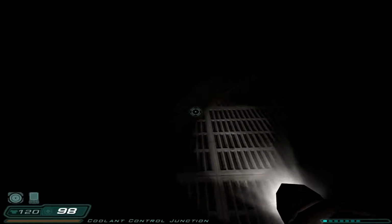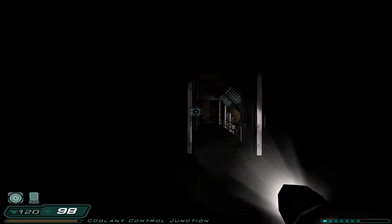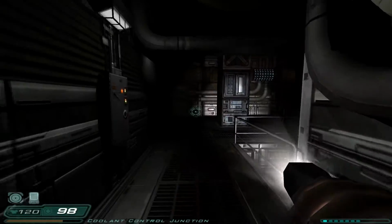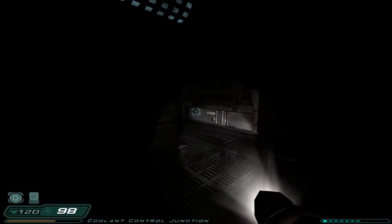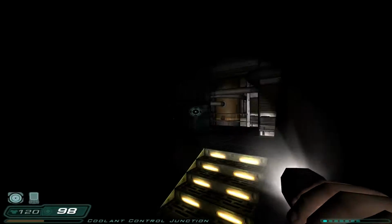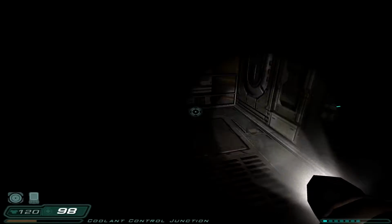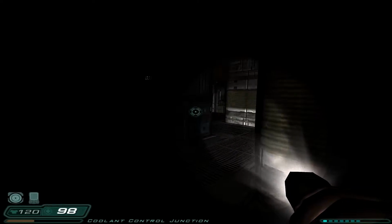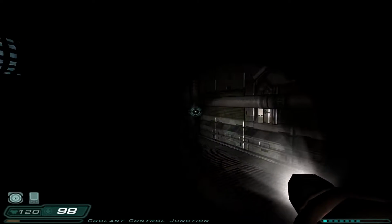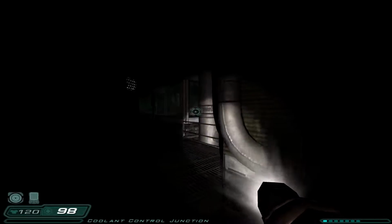So, we could go up the ladder. I would traverse that area, because, you know, we'd make progress, but I'm actually gonna head back to the start of this blackout basement, because there are a whole bunch of secrets that I neglected to pick up, the reason being that I just wanted to guide that guy without him dying. Otherwise, it would be a bit of a confusing mess. So, I'm just going to do my best to follow the wall until I reach the very start of this place, which I think is,